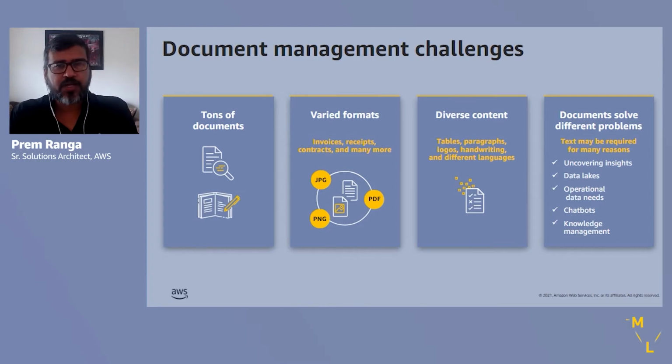Now, if you look at the needs that organizations have to process these documents, they use the content in them for a variety of purposes. For example, they may use it for filling up their knowledge management repository or content management repository. They may use it for running some predictive analytics to gain strategic insights. They may use it as content that they input for their chatbots, or they may also use it for their operational needs as part of their processing workflows. So in that case, they'll store it into a data store, and then it's consumed by the downstream applications.